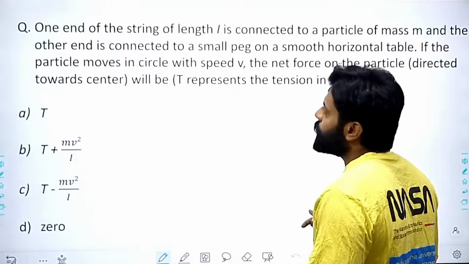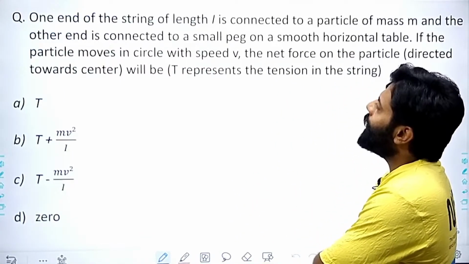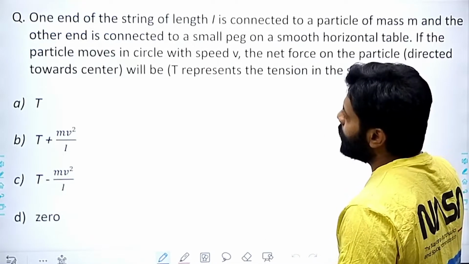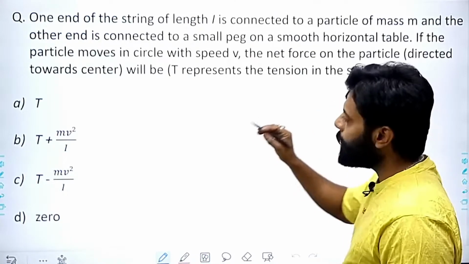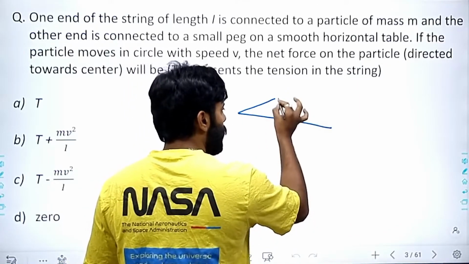And this is the next question. The question is very simple, very unique. One end of the string of length L is connected to a particle of mass m, and the other end to a small peg on a smooth horizontal table. So let's draw one table. Assume that we have a table,